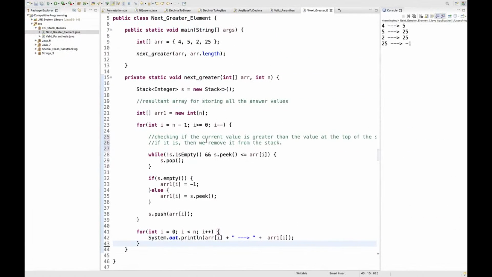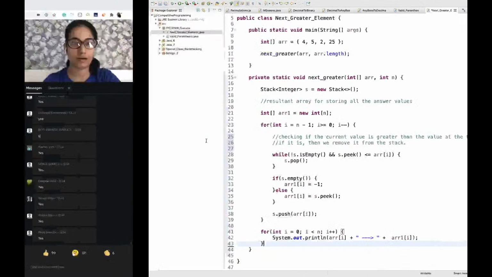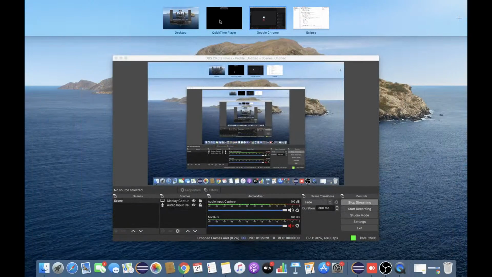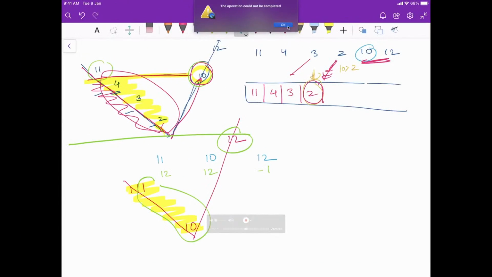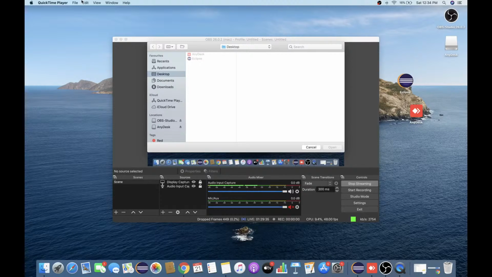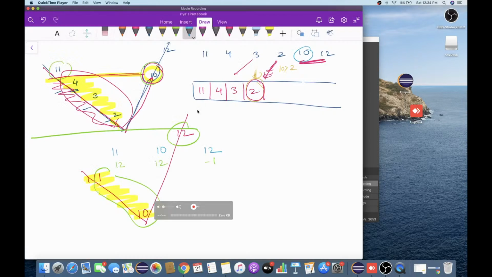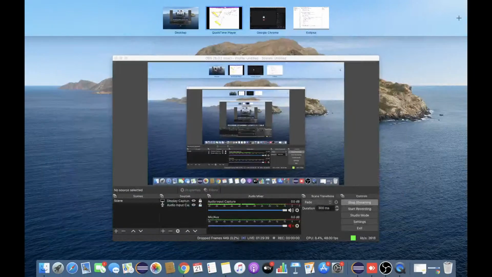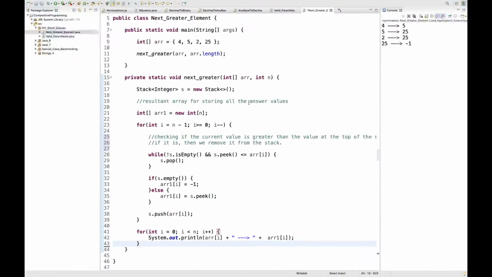so we have a stack here. Let me see if I can open the drawing pad, although it is showing some error. चलो, it's working. Let's put it side by side with the code, ठीक है. I'll be continuously swiping because I have to do both parts.